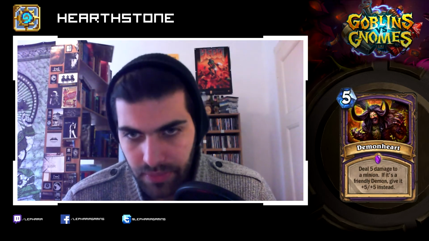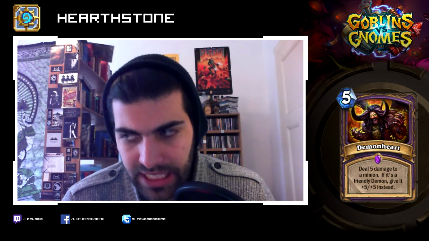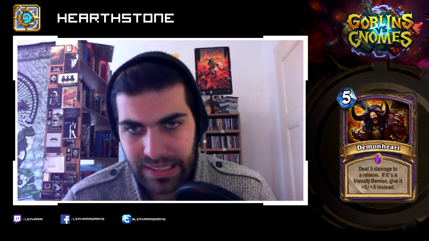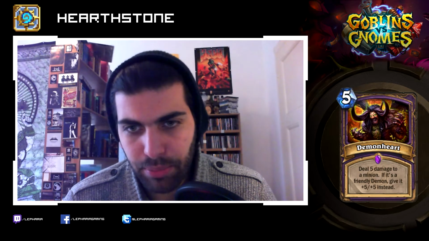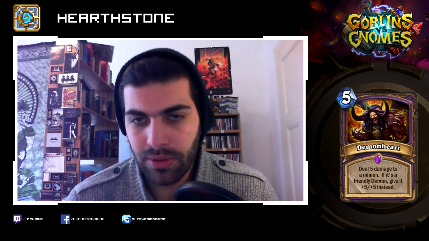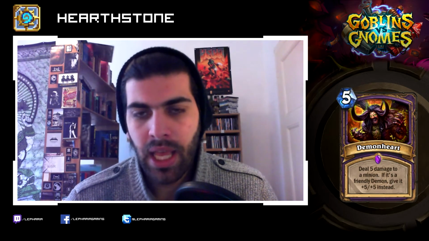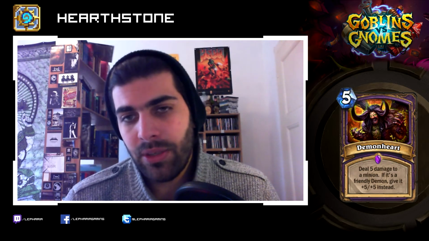Then Demon Heart, 5 mana, deal 5 damage to a minion. If it's a friendly Demon, give it +5/+5 instead. So it's a Demonfire with higher value. Well, Demonfire hasn't been very viable, has it? But 5 damage is quite a bit. Kills a lot of minions, and giving +5/+5 to your Tomb Guard or Flame Imp or Voidwalker is of course very strong. But I don't know whether that thing will be viable or not. I'm going to tend to say maybe not,